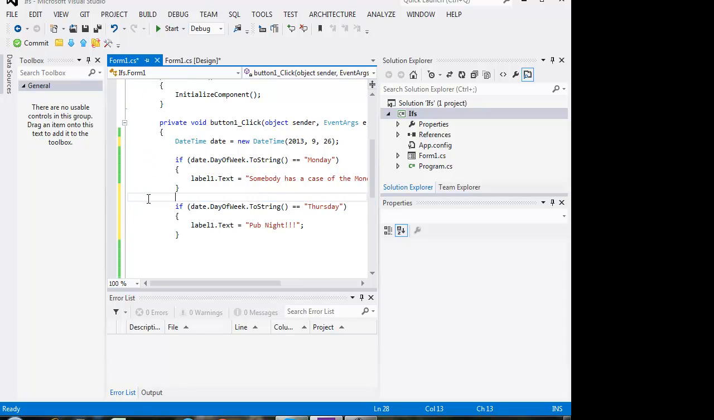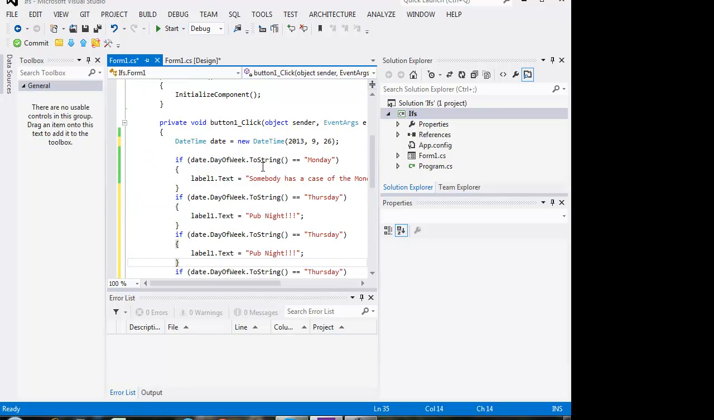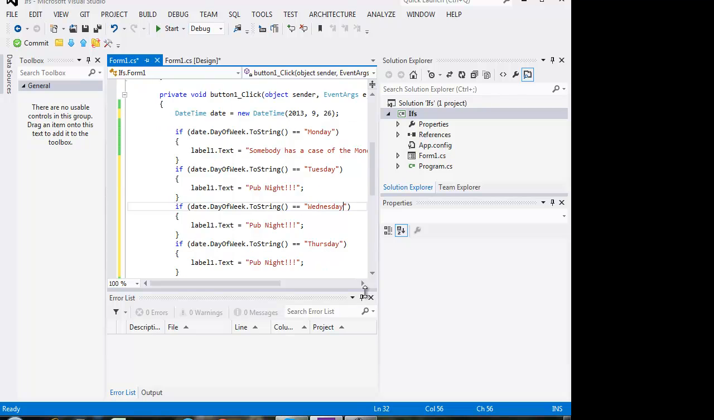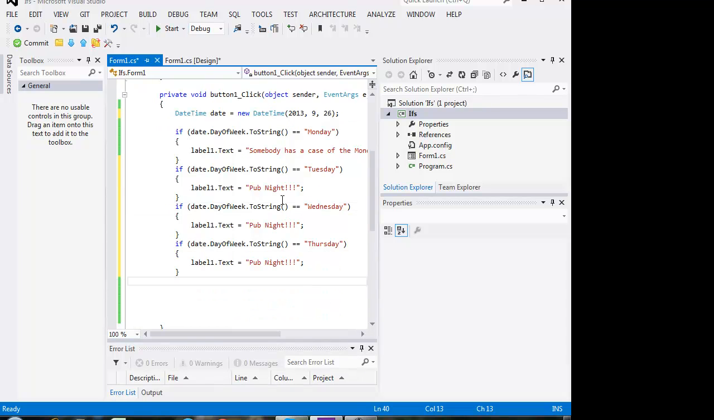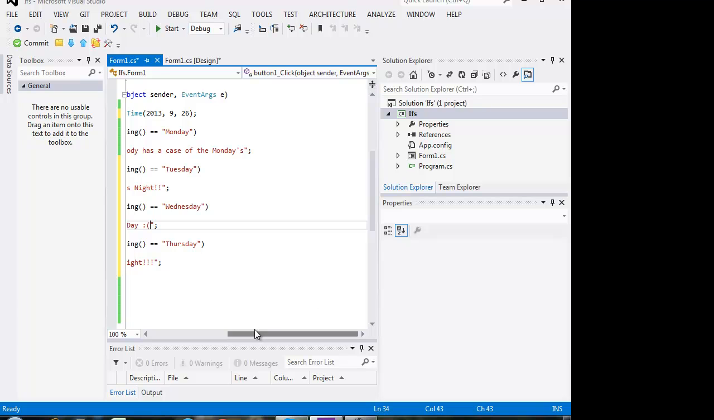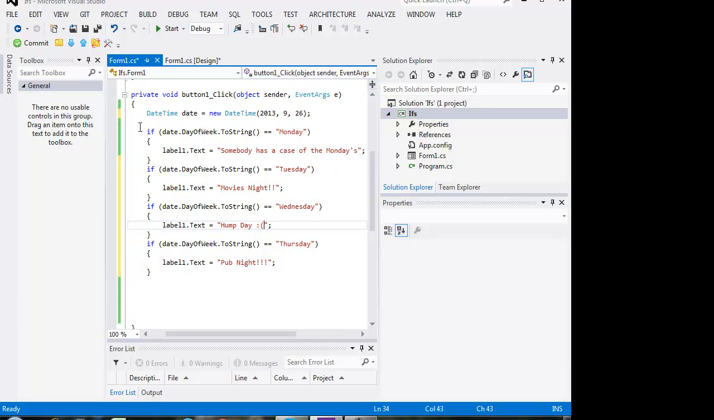Let's copy this some more. I'm going to copy this. So we're going to have one for Tuesday, one for Wednesday, one for Thursday. Okay? So Tuesday, that's movie night. Middle of the week is Wednesday. Wednesday, that's hump day. Hump day, sad face. Okay? So if we have if,